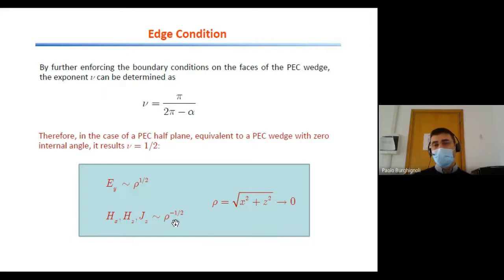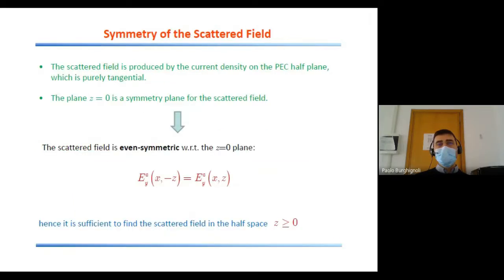Having said that, also consider some symmetry in the scattered field. This is produced by the current density on the perfectly conducting half plane. And since the plane z equals 0 is a symmetry plane for the scattered field,